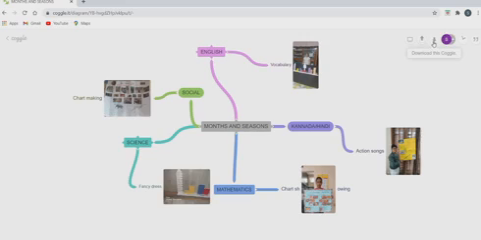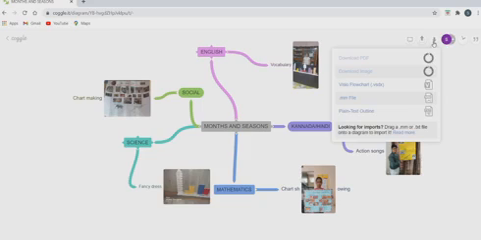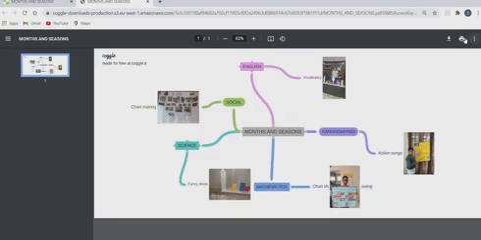Here you have a download option at the top right. When you click on that, you have to select download PDF. It will download in PDF form. Then you can take a printout in A4 size. So these are the steps to create a Coggle mind map for grade 2. Thank you.